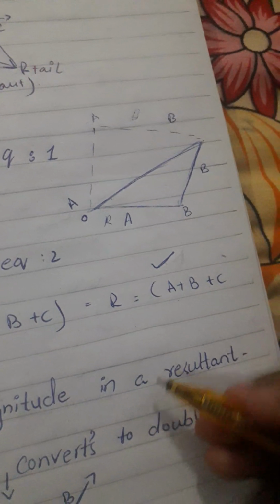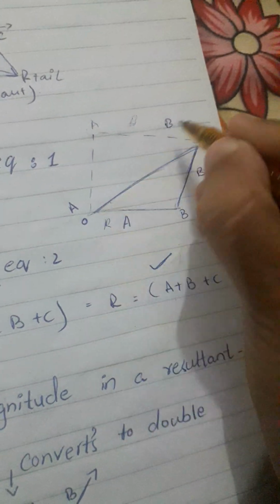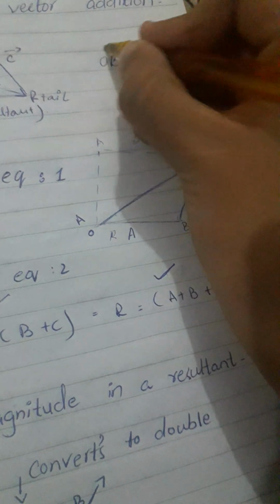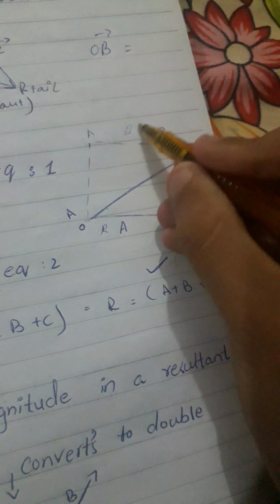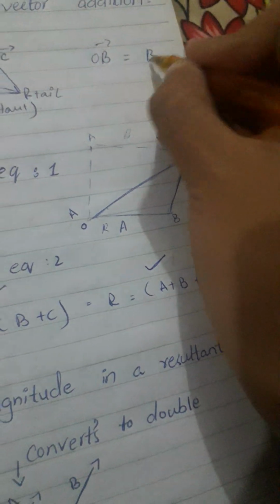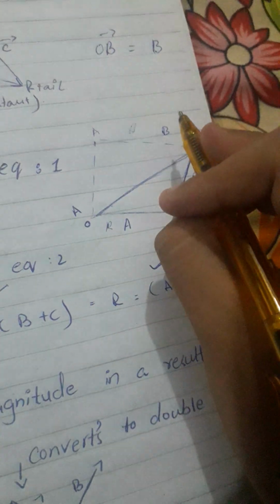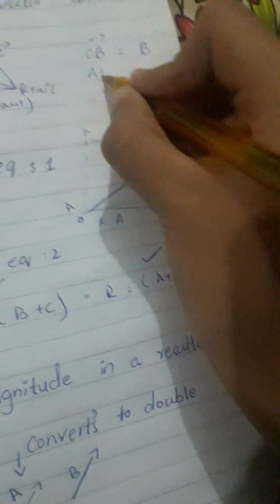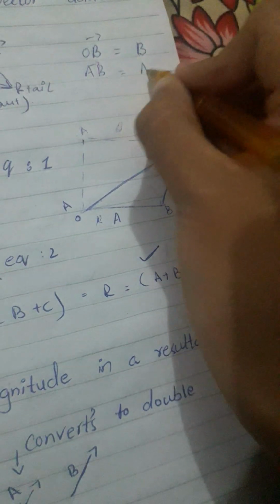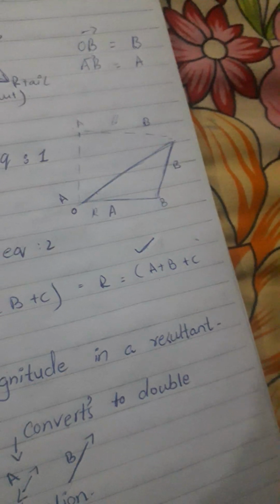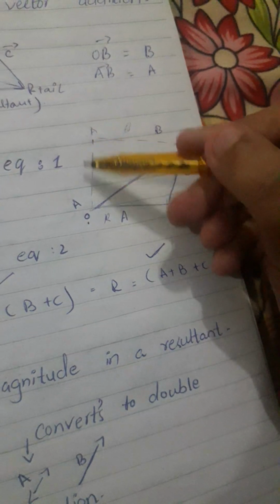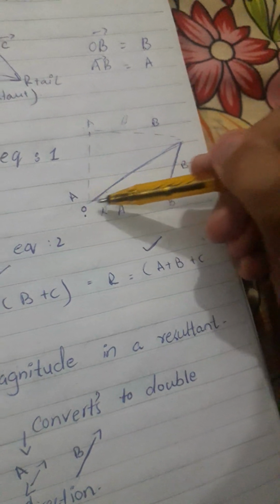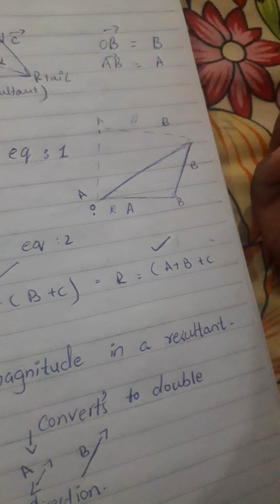Basically, if I am connecting point O to B, the point in between them will be, of course, point B that is highlighted here. Meanwhile, if I am connecting point A to B, the point in between is A, that is mentioned right here. What if I am connecting point O to A? There is no point in between them, so simply the answer will be a resultant.